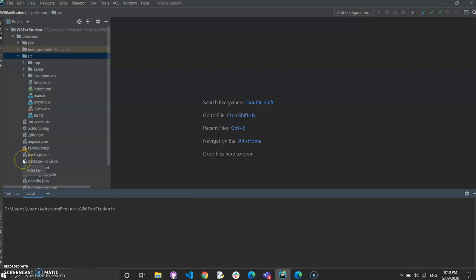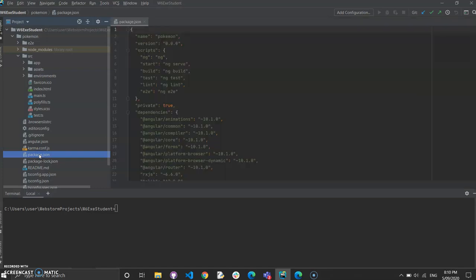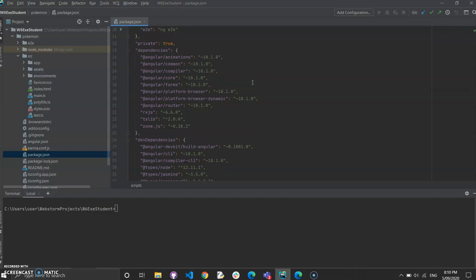Another important part of our application is package.json. This is important because if I give my application to you, it should be easier for you to install all the libraries. All the libraries that you require for this application are recorded under package.json. Now let's look at our Angular version.